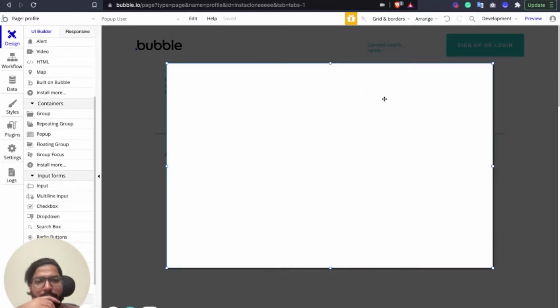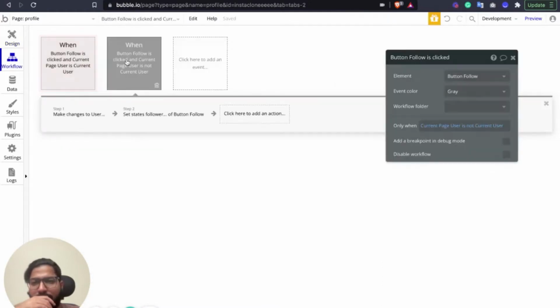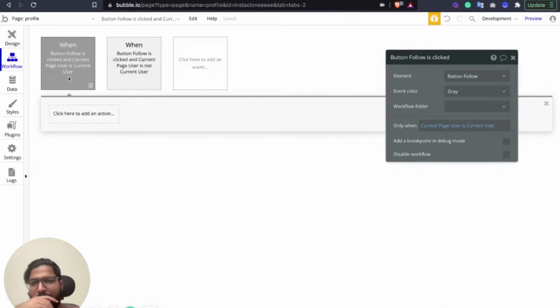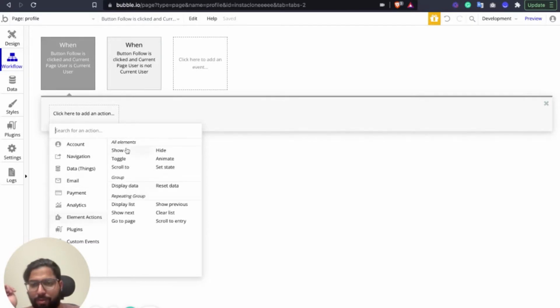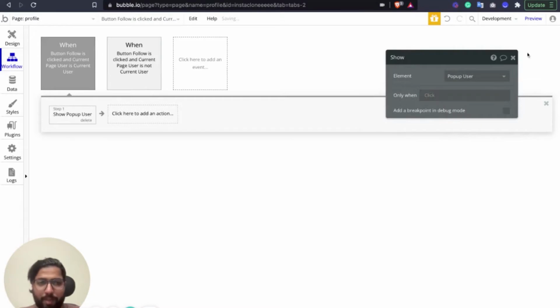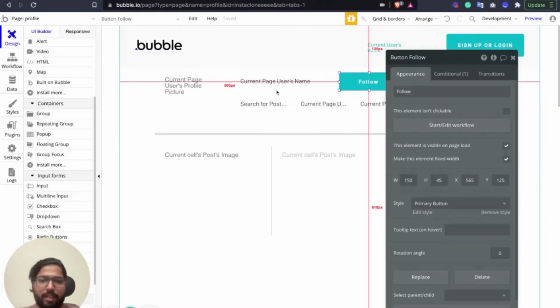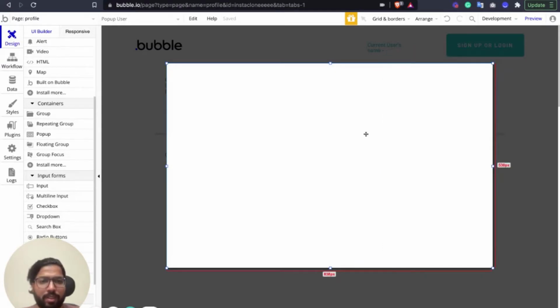So in the workflow, when the current page user is current user, we're going to show the pop-up user.